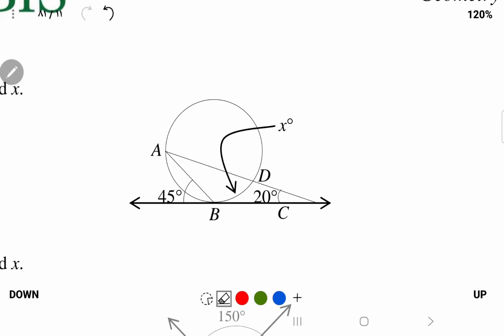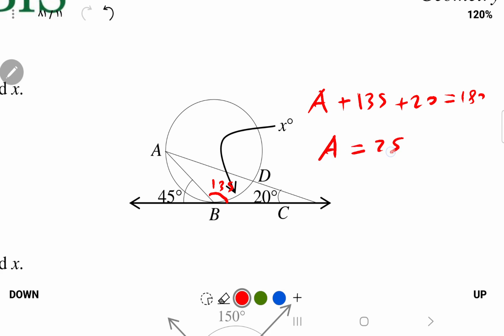Now let's solve this question here. Here you have linear pair. So you can say this angle here is 135. 180 minus 45, 135. And then you have sum of angles in a triangle is 180. So you can say angle A plus 135 plus 20 degrees is equal to 180 degrees. So angle A would be 25. So if this angle here is 25,